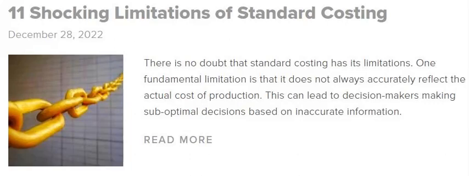Standard costing is a method of allocating costs to products or services. It involves setting a standard price for each output unit, and then calculating the actual cost based on that standard. While standard costing can be helpful in some situations, it can also be inaccurate. This is because it doesn't consider all factors that can affect the cost of production, such as changes in material prices or labor costs. If standard costing is used when costs are changing rapidly, it can lead to decision-making based on outdated information. This can ultimately cause losses for the business.